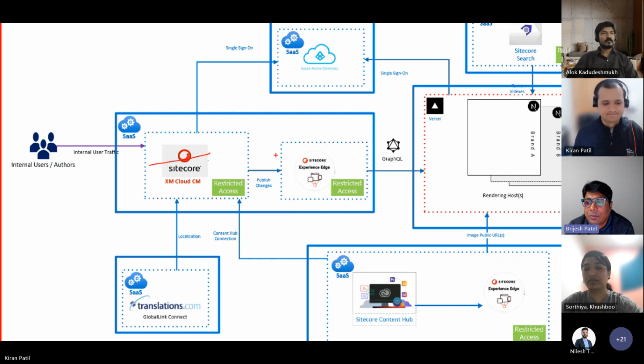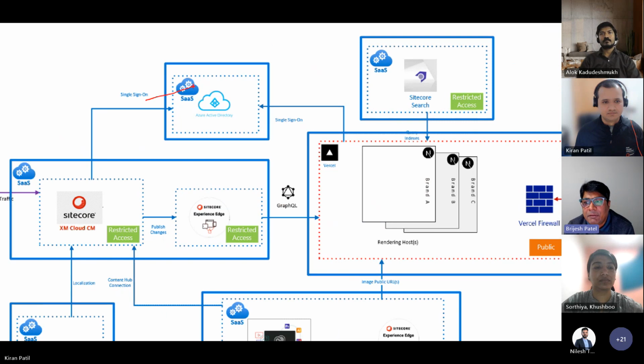Then one of the other needs from the client was to have an SSO implemented. When we started the XM Cloud implementation, SSO was not available. After 3 months of the implementation, Sitecore released the SSO feature. So based on our client needs, we said, okay, let's do an Active Directory from Microsoft SSO integration. So that's what we did. We were able to configure it. We had to meet the IT team at the client and go on calls with them, figure out the solution. But it's now working with SSO.